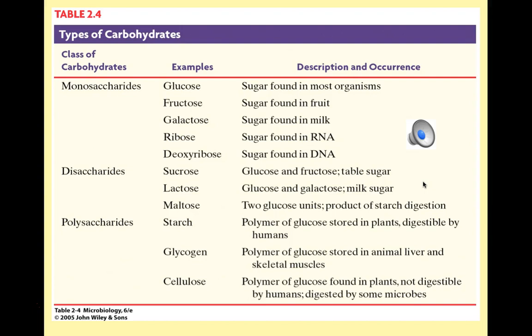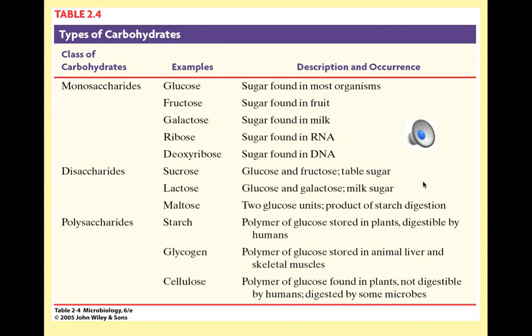Starch is essentially a storage molecule for glucose in plants. It's a storage molecule that plants use so that if we need to, and if we have to find places for glucose, we can take that starch and break it down and release the individual glucose molecules to be used as a source of energy. And that's, of course, part of why we eat starchy vegetables like corn and potatoes and rice.